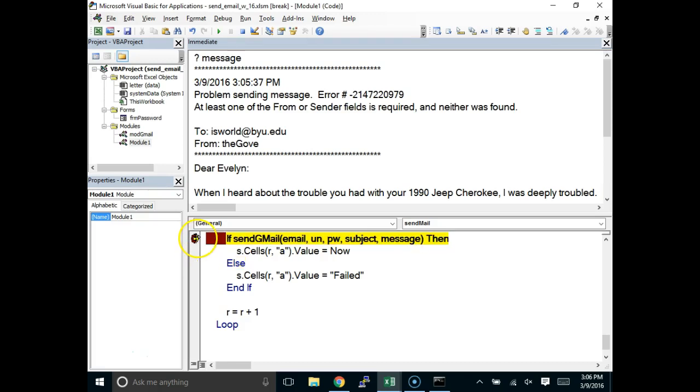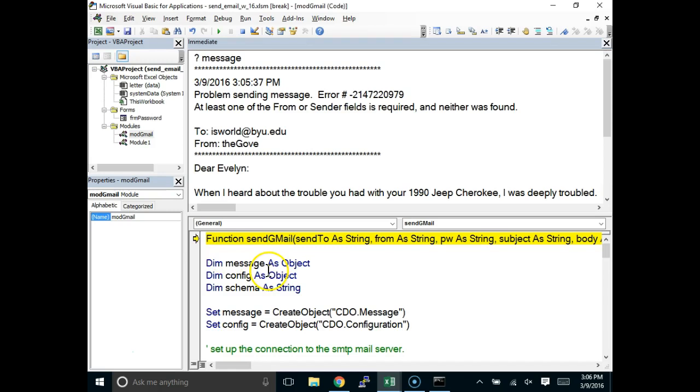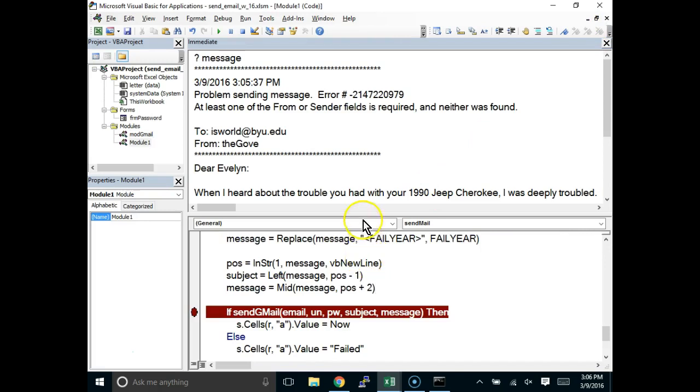All right, I'm going to step into it. I'm going to come back here and step into it. F8. And the message was at least the from. Oh, here's the problem. So if we look at the user form, okay, let me stop this. If we look at the user form,